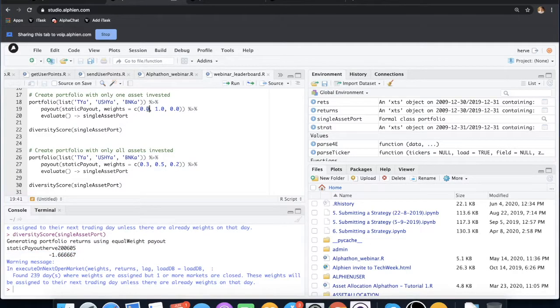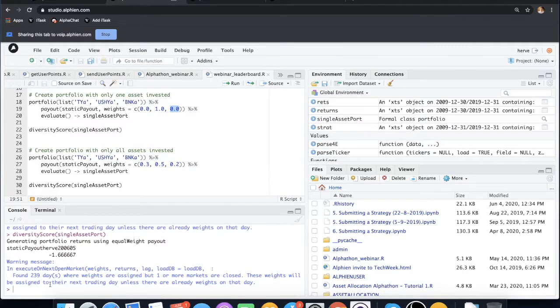Given what I have given you as input, you can guess that the diversification score is not very good. The diversification score is scaled up to 5, 5 being the maximum diversification that you can reach with your payout.